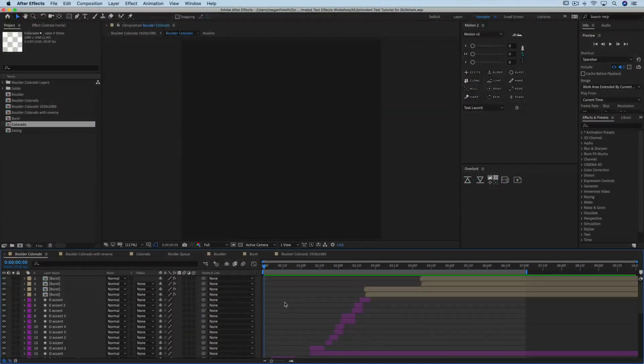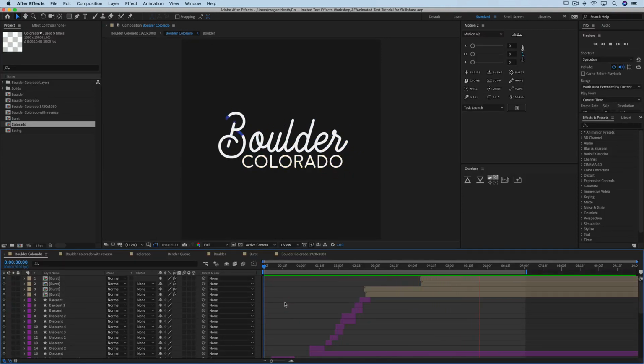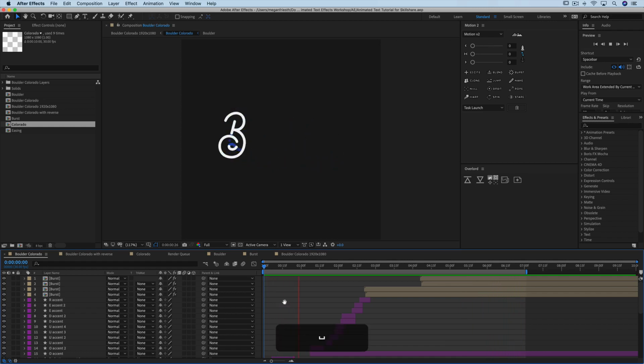A few videos ago, I showed you this Boulder, Colorado example and how you can have extensions or connectors between your letters. So in this video, I'm going to show you how to actually animate that. So you can see on this B, I have a little bit of extra length to the B. It's starting way over here, but then it finishes over here. So let's go into that comp